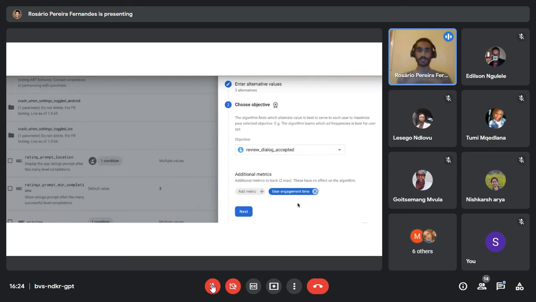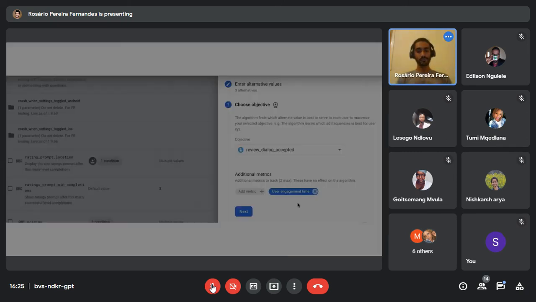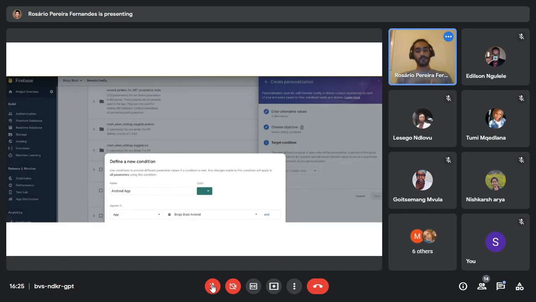And then just like A/B testing, you can also set additional metrics. So in this example, they're actually using user engagement time because they don't want the rating dialog to have any kind of influence on the user engagement. And finally, you need to add a target.